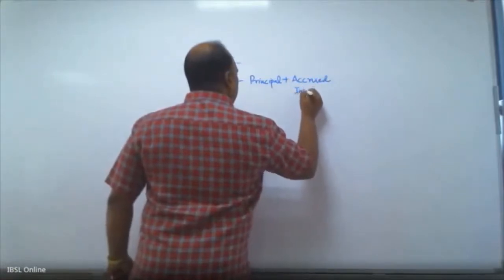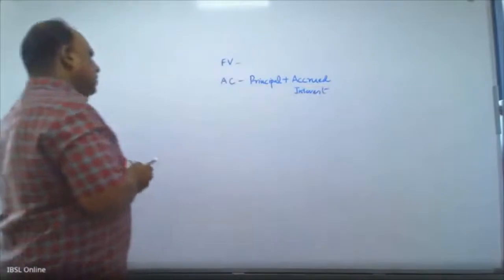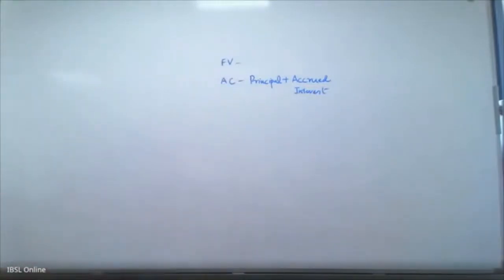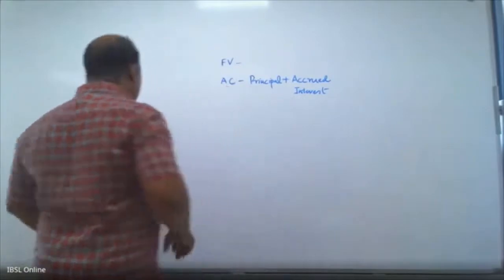Okay, accrued interest. So when you say principal, principal is the capital outstanding, and the accrued interest. If you take a loan given to a customer, the loan which is outstanding right now, the capital that is supposed to be paid by the customer or the borrower, plus the interest accrued to date from the last payment, when the customer makes monthly installments or annual installments, from that date to the current date or maybe the reporting date, whatever the accrued interest will be, that is your amortized cost.